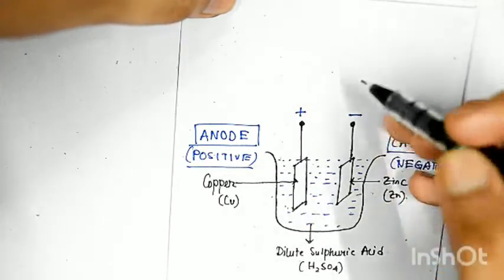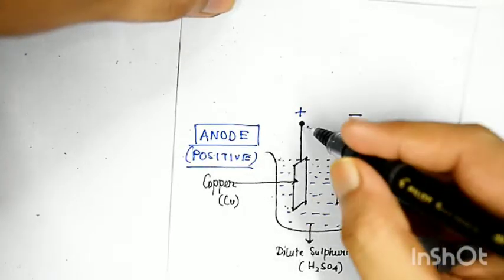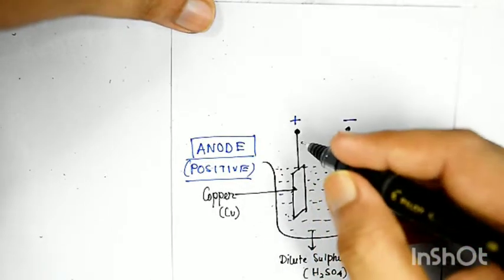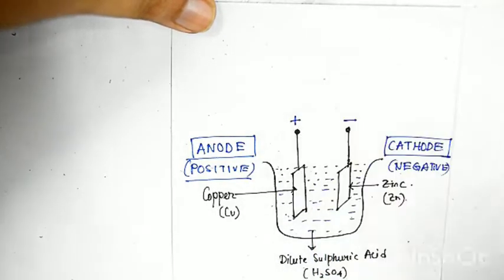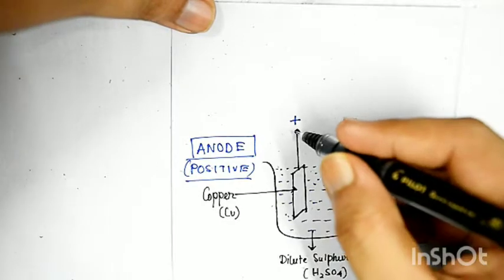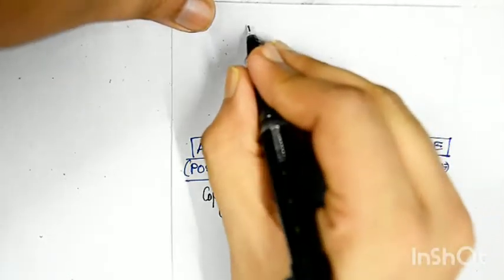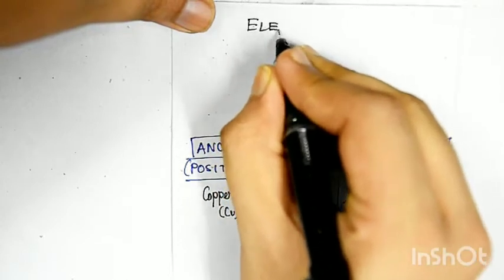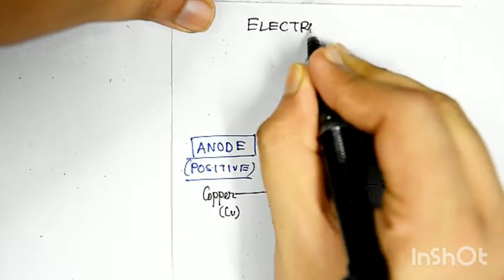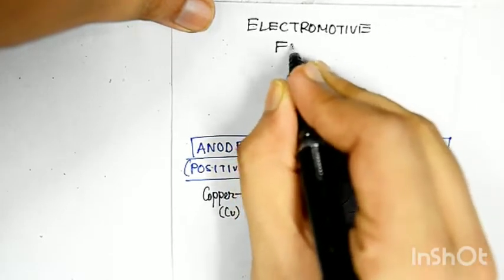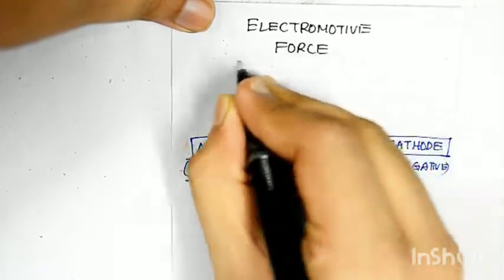It pushes the electrons from the negative side to the positive side, or, in the normal way, pushes the charges from positive to negative, and that force is known as electromotive force,